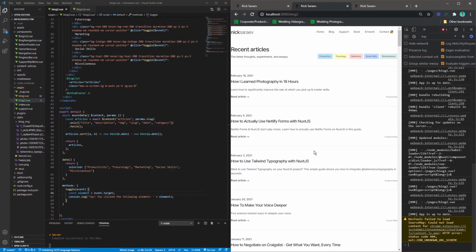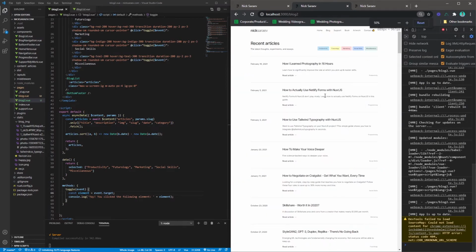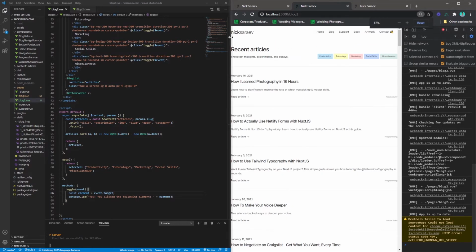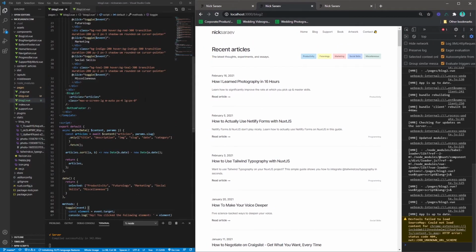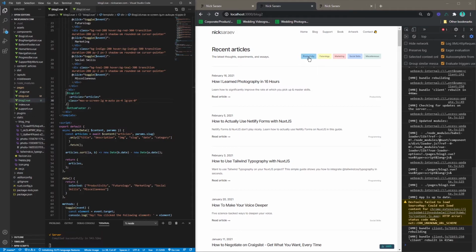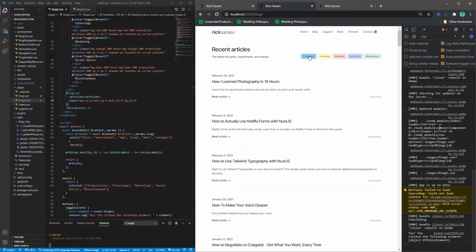Highly encourage you guys to constantly use these types of sanity checks. They really do keep me alive. Now I'm going to be zooming out a little bit. I don't want to zoom out too much, just so you guys can still see this. But let me give this a quick click. And awesome, it says, yay, you click the following element